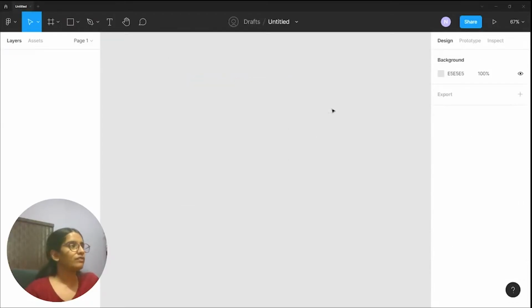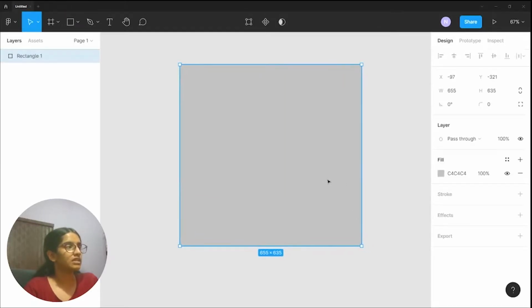And then we can talk about our layers panel. So every element that you have in your canvas, this is the canvas in the center of the screen. So every element that you make over here, you'll be able to access it or view it in your layers panel. So if suppose I draw in a rectangle in here in the center part of my screen, you'll be able to see that a rectangle appears in my layers panel right here.